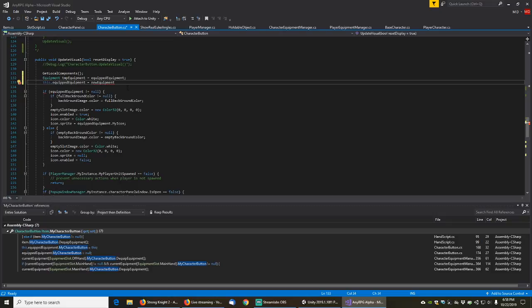Let's see this. What I want to do right here is basically just avoid resetting a bunch of stuff if we don't need to. Although I guess technically Unity is not going to change anything, I don't think, if it's not set. So maybe this may not even be necessary. Let's see here. So